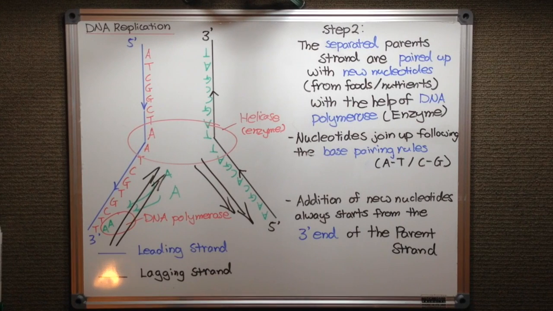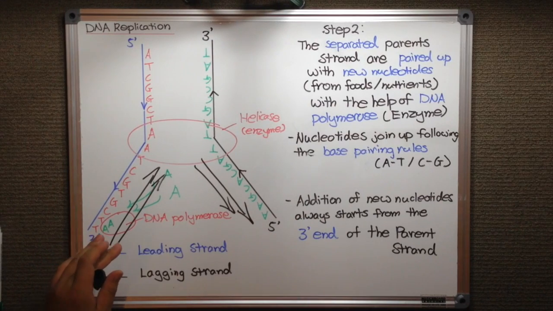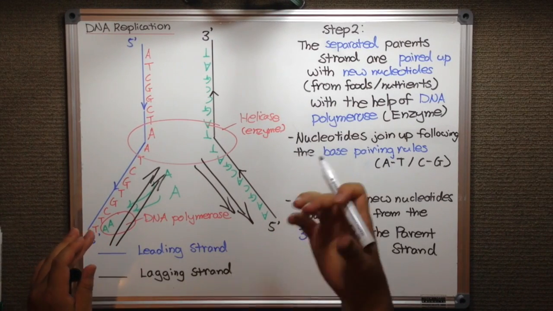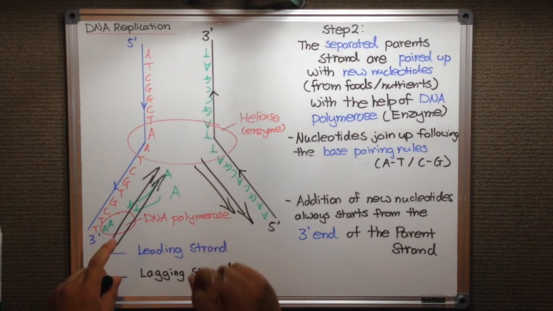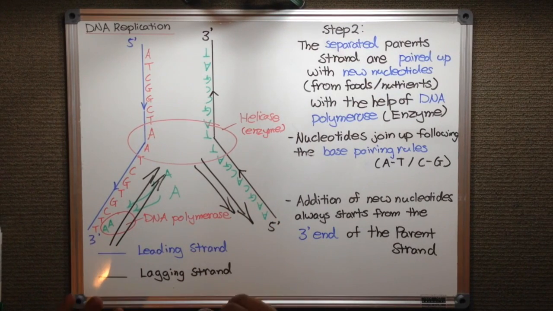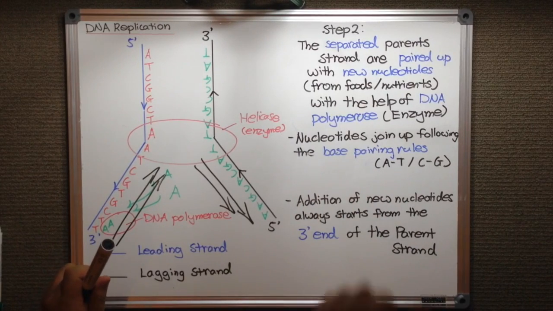So this is step 2. What happened is the separated parent strands are paired up with new nucleotides. So we get these new nucleotides from foods or nutrients with the help of the enzyme called DNA polymerase. Okay, this is another enzyme that we talked about. First one is the helicase. It unzips or unwinds,